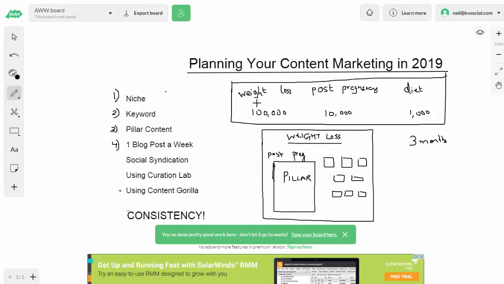And when you're done with this, go for another niche, another sub niche, right? You're still in weight loss and you've done post-pregnancy, then go for weight loss for swimmers. I don't know. Weight loss for swimmers. Right, so if you're a swimmer, if you want to lose weight before your upcoming competition, here's what you need to do. And then again, you can have a ton of articles around diet and exercise. I mean, they already exercise, hopefully, so that's okay. But you can have other articles about, say, supplements they can use, so on and so forth.